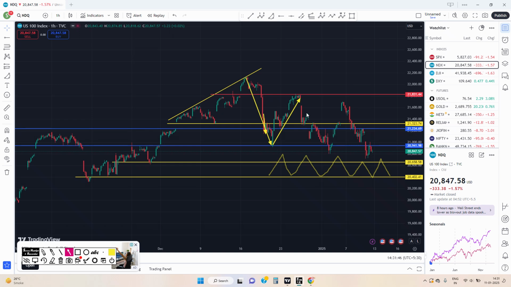After that, I informed you that it will face a rejection on this red line. Exactly the same thing the index did. It faced a rejection at the same point, and then again it came back down, ultimately to our targets over here. And finally our target got triggered, our target got achieved. And my dear friends,